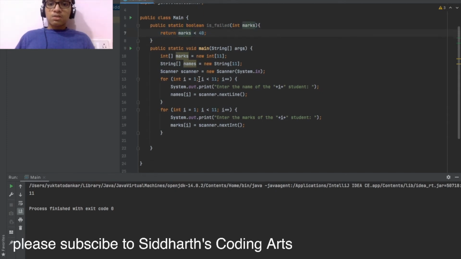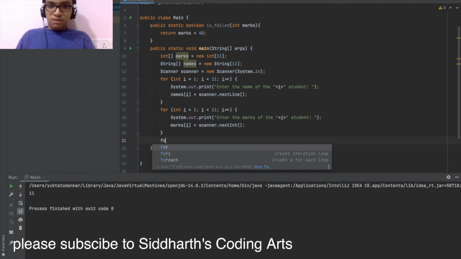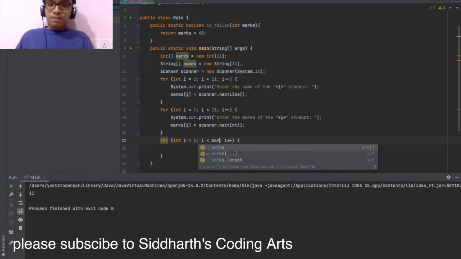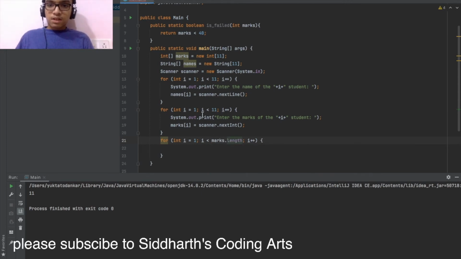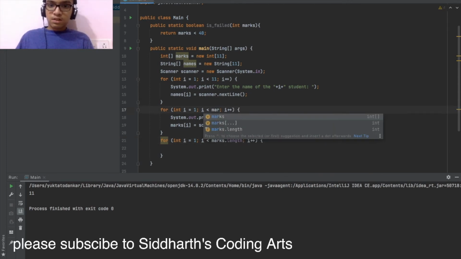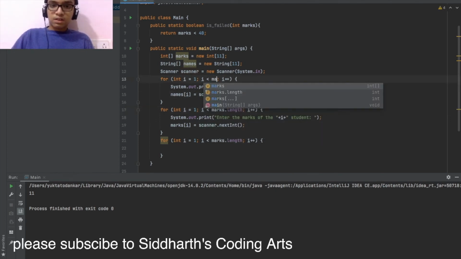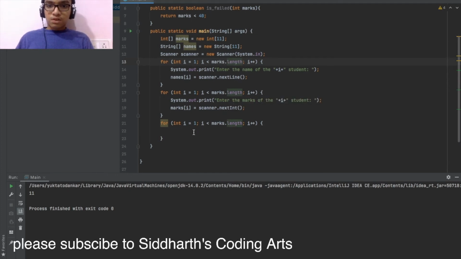Okay, so what I'll do now is use this function. I will write one more for loop which will be iterating, and I will go from 1 to the length. So I can give marks dot length, and same here also, marks dot length, and again here marks dot length. So for int i, marks dot length, and i plus plus, I will iterate over, and